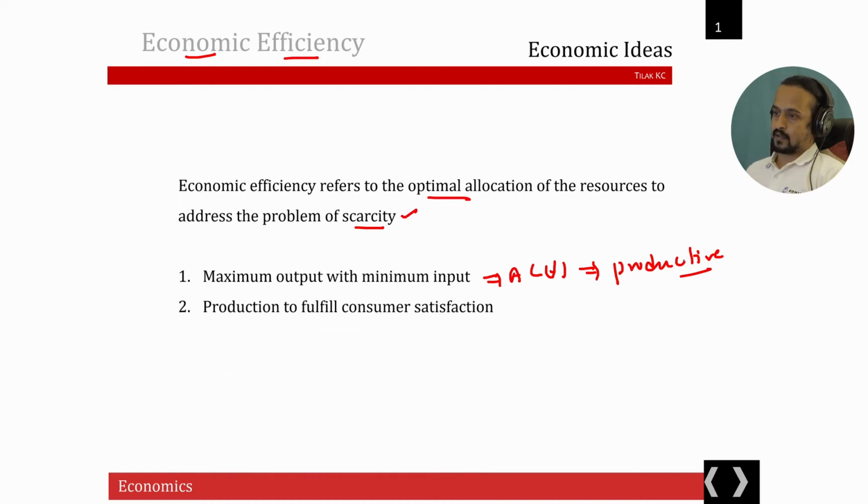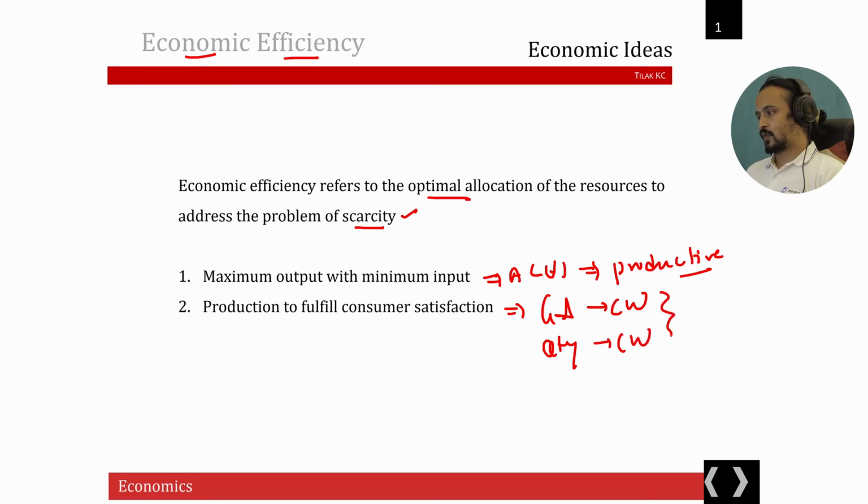And then we have the second kind of efficiency in which whatever the consumer wants is produced. So if goods and services are made according to the consumer want, that is related to the second kind of efficiency, often called allocative efficiency. In allocative efficiency, it is not just necessary that the goods and services that consumers want are produced. It is also quite important that the correct quantity of the goods and services that consumers want are produced. So whenever you talk about allocative efficiency, do note that it's not just about producing what consumers want, it's also about producing the correct quantity of goods that consumers want.